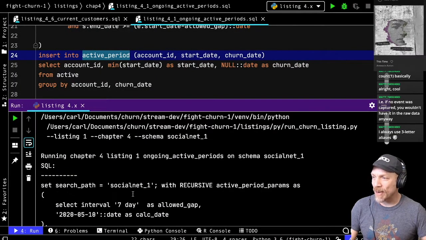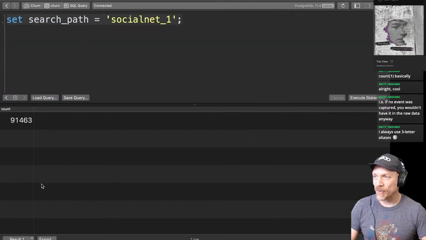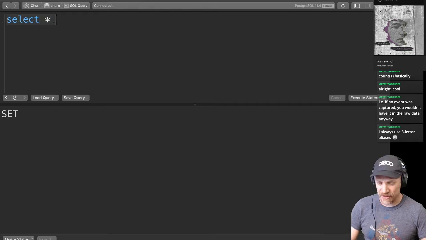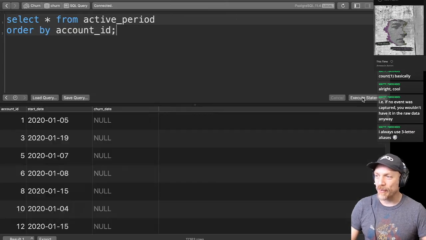I want to get my copy of a set search path statement here. This will make it easier to do some more SQL hacking. Once I do this, then I don't have to keep entering the schema. So let's just do select star from active period. Let's look at the result that we got.